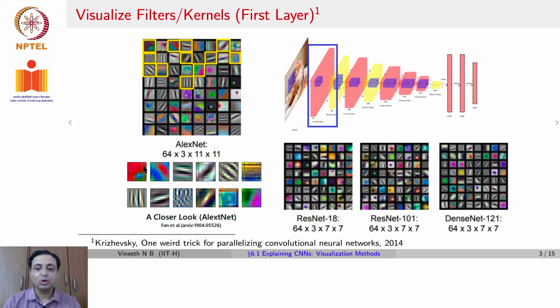Not really. If you took even the filters of ResNet 18, ResNet 101 or DenseNet 121, in each of these, the filters in the first convolutional layer have a very similar structure. All of them detect edges of different orientations, certain higher order interactions such as checkerboard patterns, striations in different orientations, color blobs, certain color gradations as in edges in different colors, and so on and so forth. You will see this as part of the assignment this week where you try out some of these experiments.